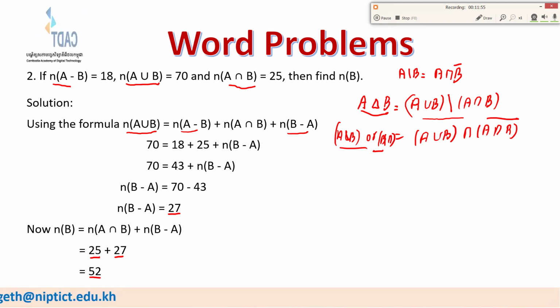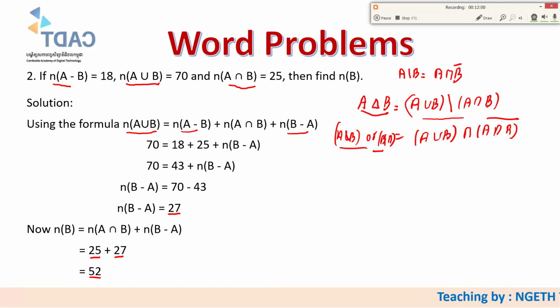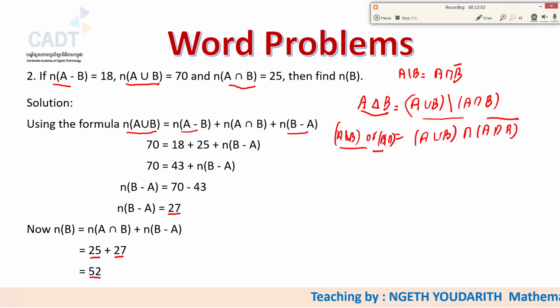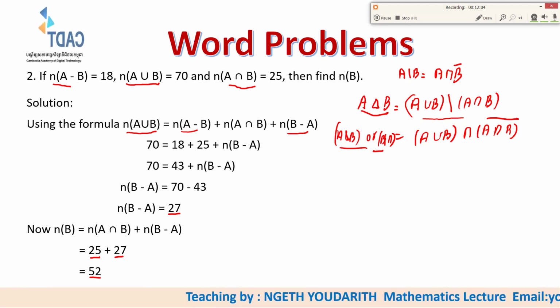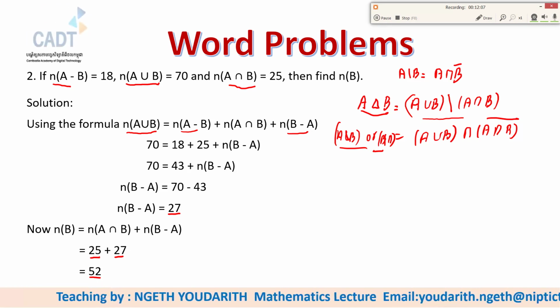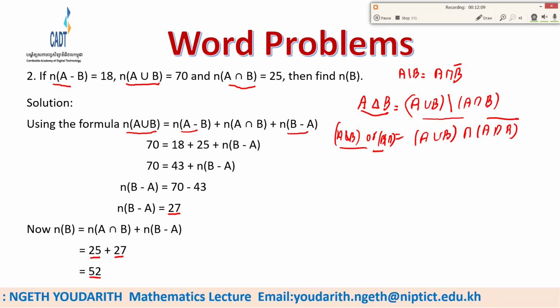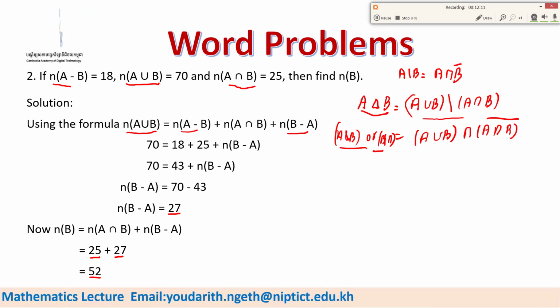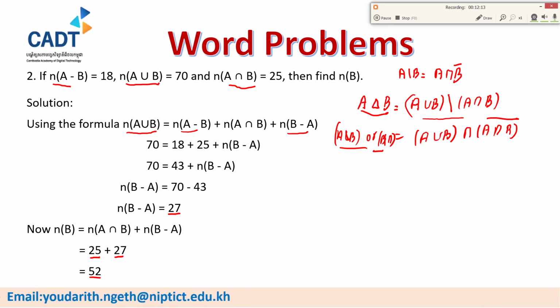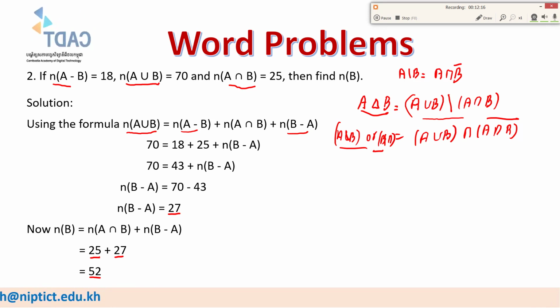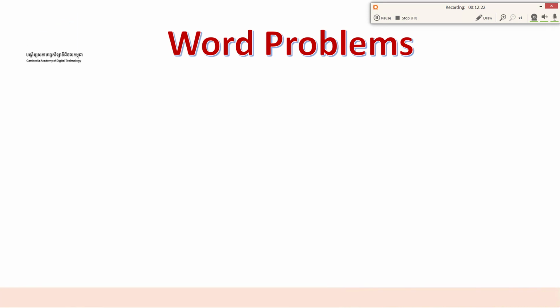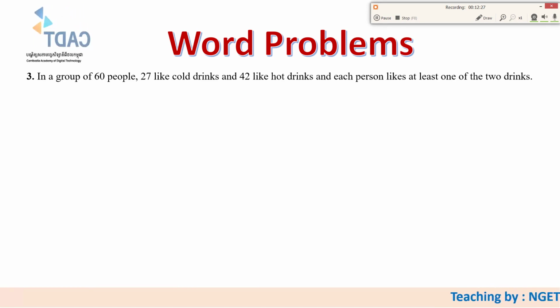So we should know exactly what is the meaning of A different B, A union B, A intersection B, and so on. All this is our key to solving the word problem on our set. And point three,